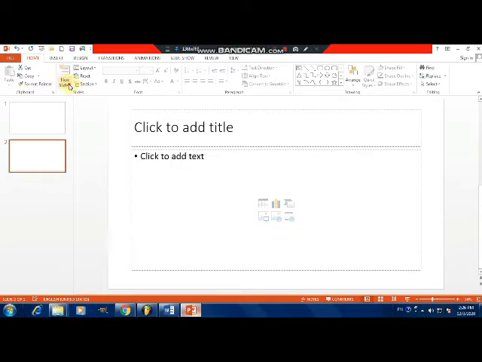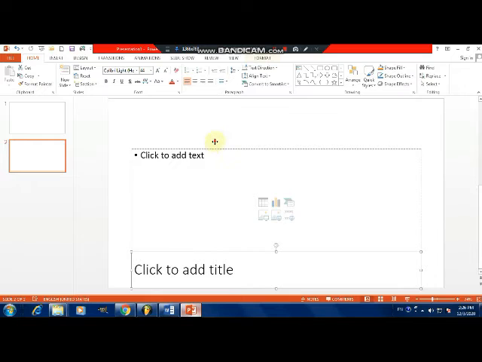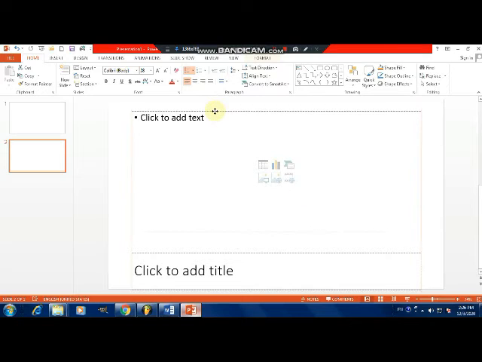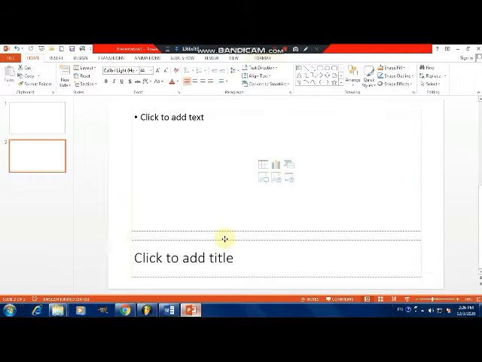Whatever inbuilt layouts are here, those layouts can be modified and customized. Customize means, as per your requirement, you can change the placement of the boxes. Like if you don't want the title here and want it at the bottom, you can move it to the bottom and take the content text box upside. That means you can place the title below the content text box.